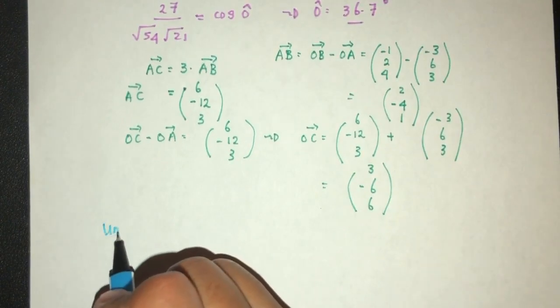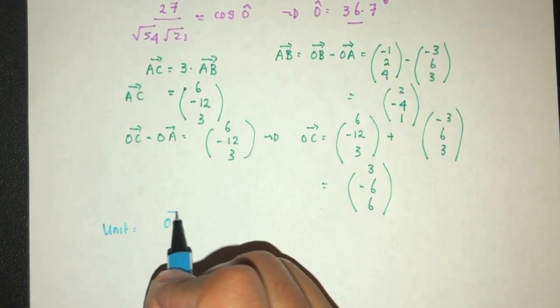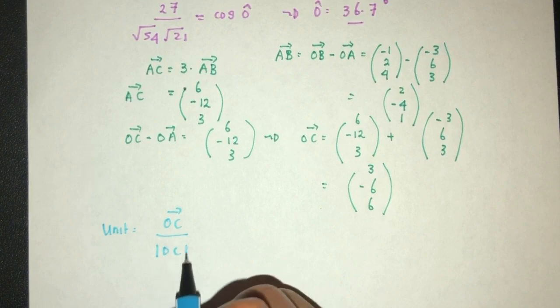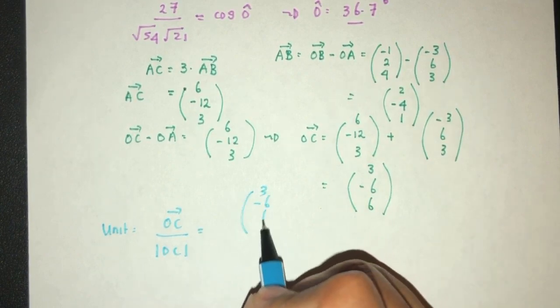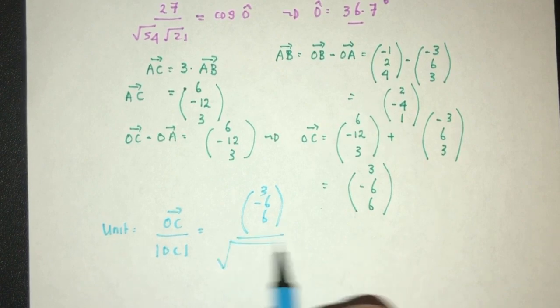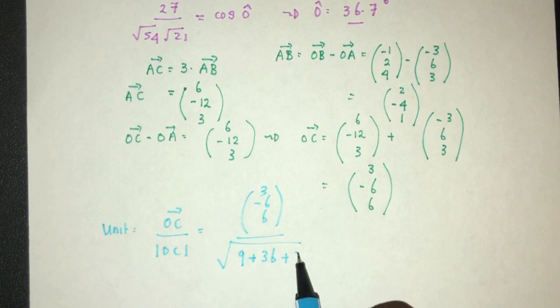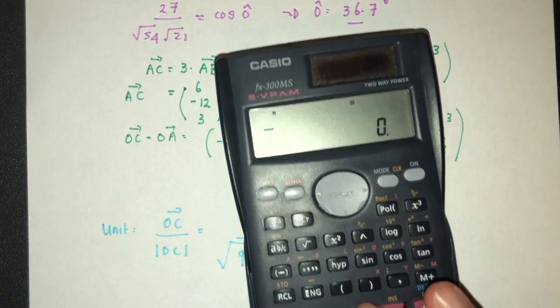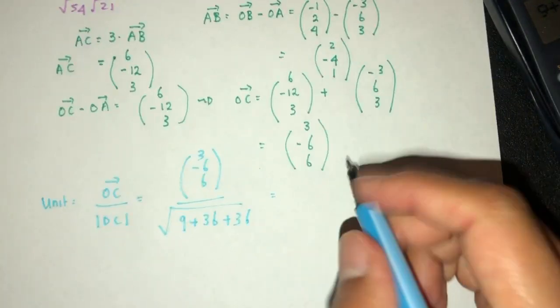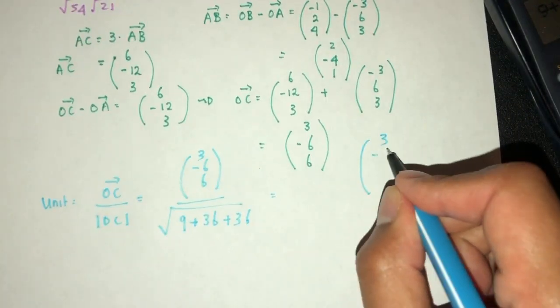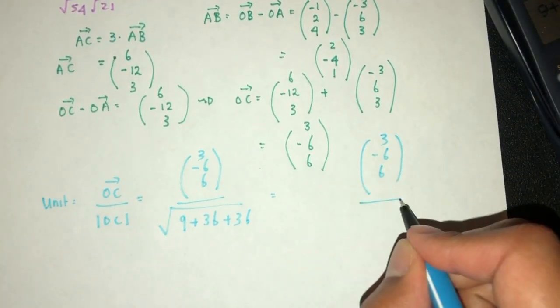So that is equal to OC divided by its magnitude. So OC is 3 minus 6, 6. Magnitude will be root of 3 squared, 9, plus 36 plus 36. Let's see, what does that give us? That should be 81. That should be same thing, 3 minus 6, 6 divided by root of 81, which is